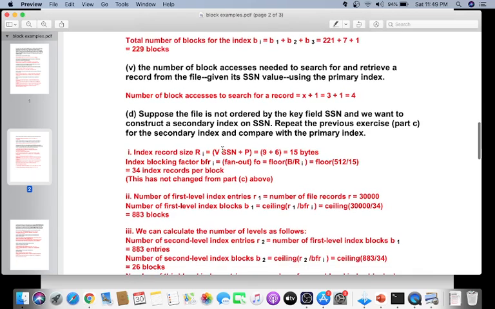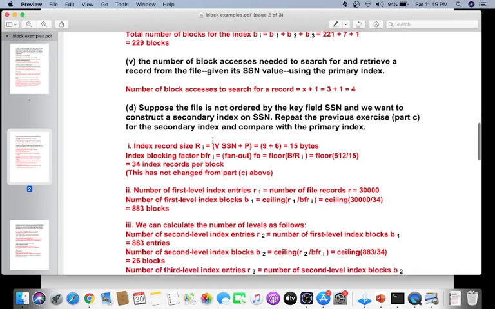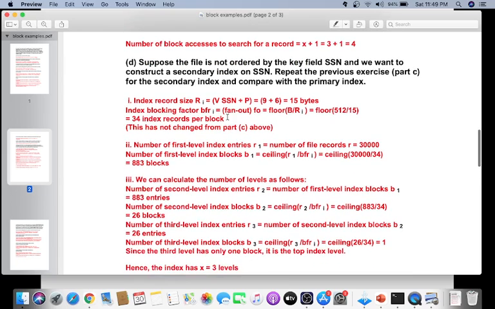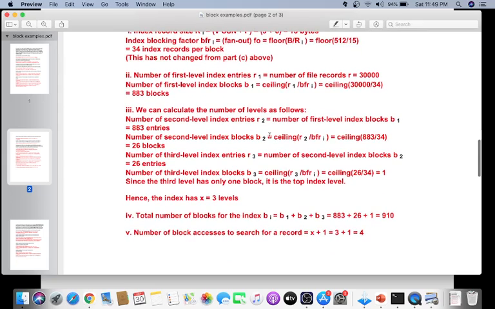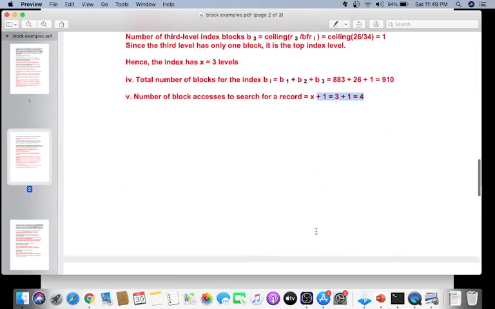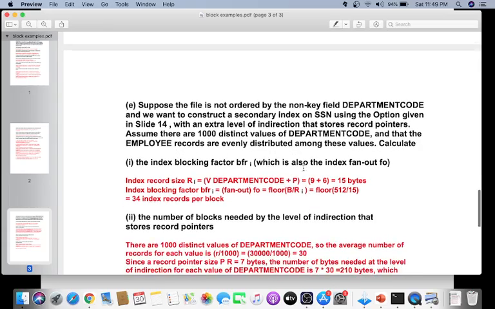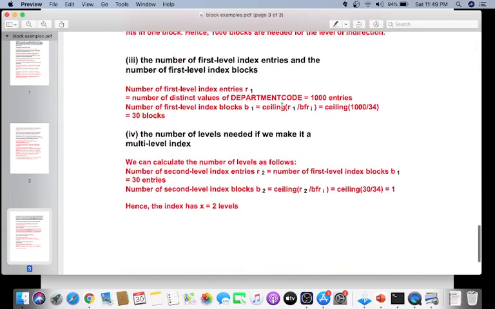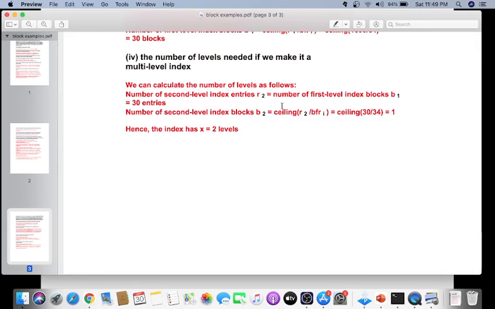And there is another example also. It is there in the drive, you can download and see the same question. It is actually a secondary indexing example. You can use the same two formulas. With these formulas you can calculate everything and simply calculate the total number of block accesses that will be required. There is another question also based on the same thing. You go through this question. It is very easy to do.